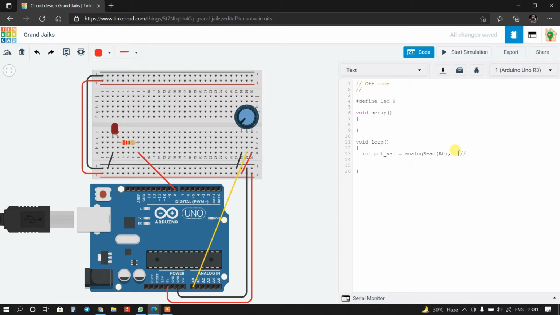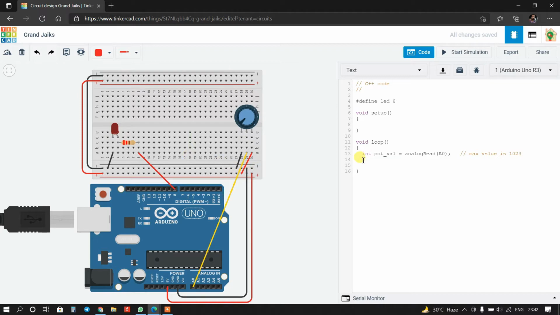I will comment. Okay, and this is PWM pin 8 number. So Arduino supports 8-bit PWM, so its maximum value is 255, right?